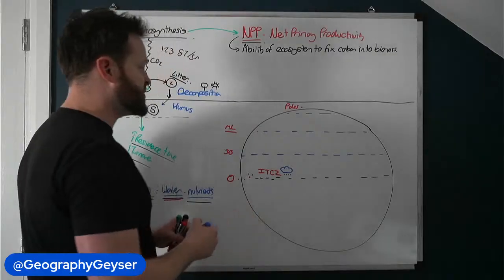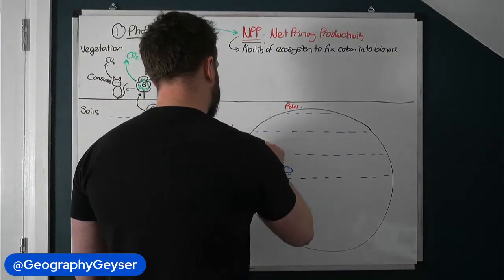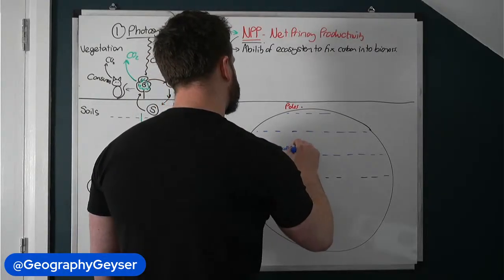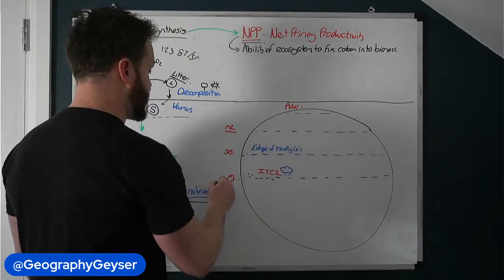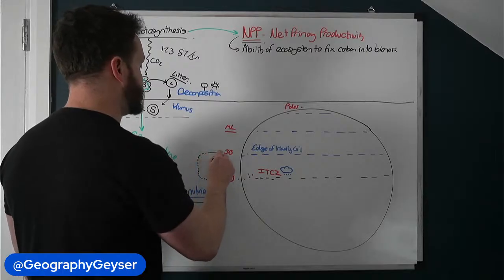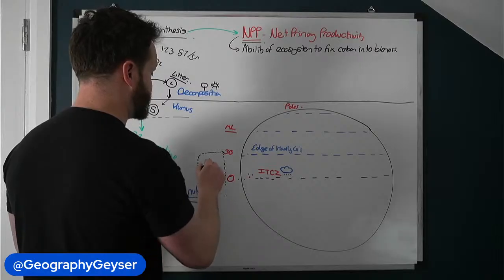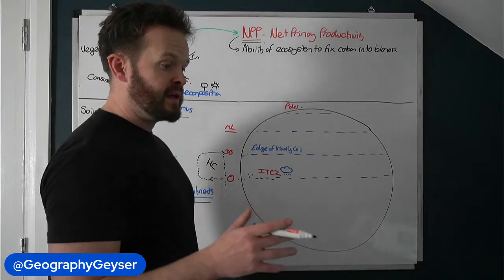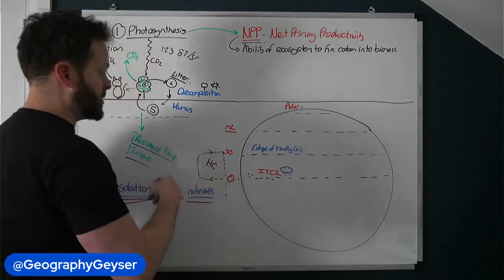Where do we compare this to? We would compare it to 30 degrees latitude, which, if you remember, is the edge of the Hadley cell. Now, at the edge of the Hadley cell, remember, if we have rising air here, because of evapotranspiration, we then have descending air here, because remember, these are our air cells, and this is your Hadley cell. The golden rule of rainfall is that air must rise. Where we have descending air, that's where we have high pressure.